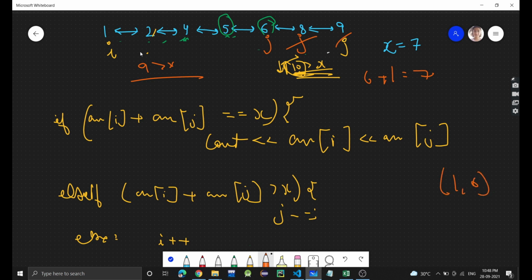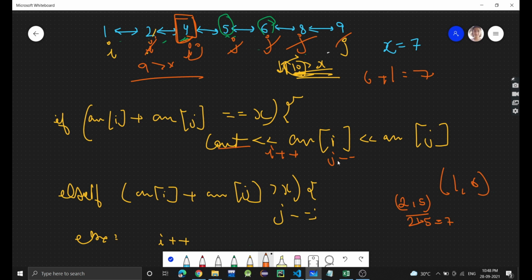And now we need to decrease the i and j pointers also. Like the i pointer should come here and j should decrease, so that we can find the next pairs. So over here i plus plus should be done and j minus minus in this if condition. So 2 plus 5 is 7, so we got another pair. So i will go here and j will decrease. Now i and j are pointing to the same position, so when they are pointing to the same position, we will stop the loop.